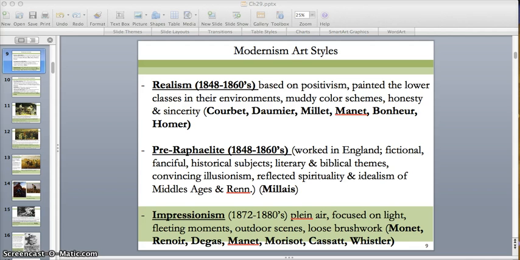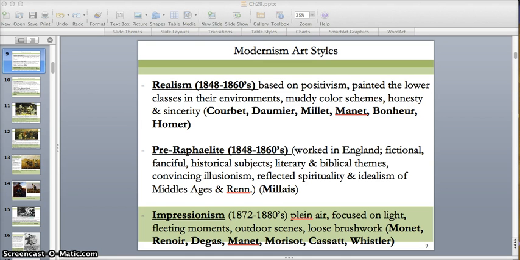Bridging realism to impressionism in this is this weird little movement called pre-Raphaelite. The big one there is Millais, who painted Ophelia. This was primarily going on in England, and these artists are including fictional subject matter, sometimes historical subject matter, lots of literary and biblical themes. There is convincing illusionism, so it's easy not to get them mixed up with the Impressionists,